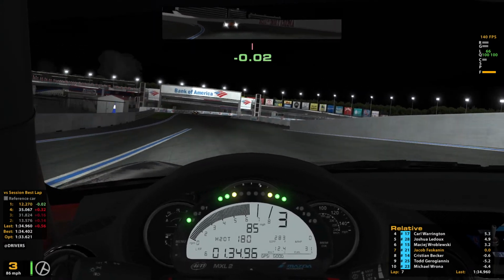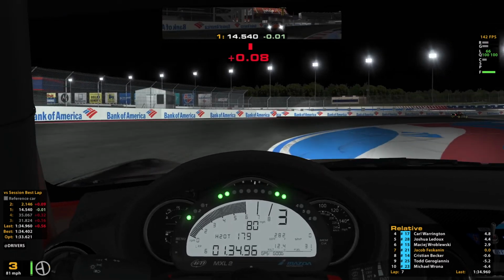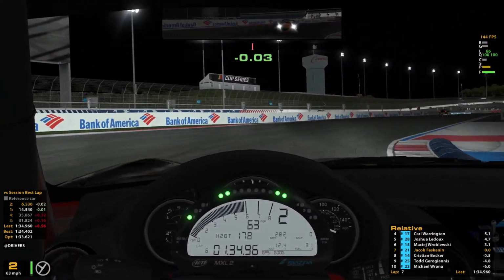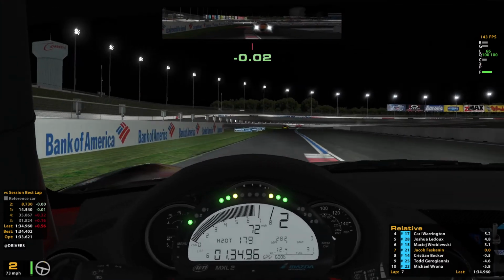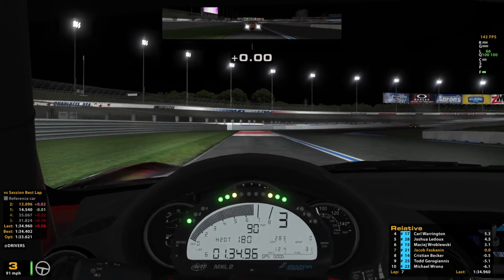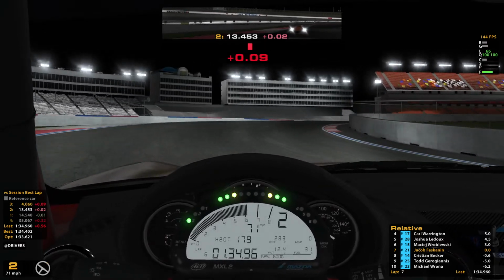Have to do the same thing through here. Make sure that we don't hit the grass. Let the car rotate in and get on the gas. Try to take it out. You can see, looks like the 14's definitely better than us on the infield section, but we seem to pull away coming out of